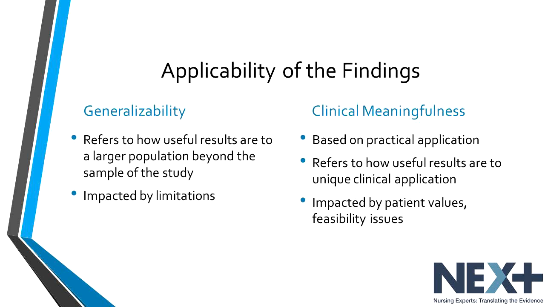If a small sample was collected from one setting in a sparsely populated far northern U.S. state, then the results may not reflect trustworthy findings that are applicable to individuals in a large, densely populated metropolitan area in Texas. Again, as a reader, you are looking to see what the author reports about the generalizability of their study's results, and if they discuss whether they limit the applicability to just a similar population used for the study.